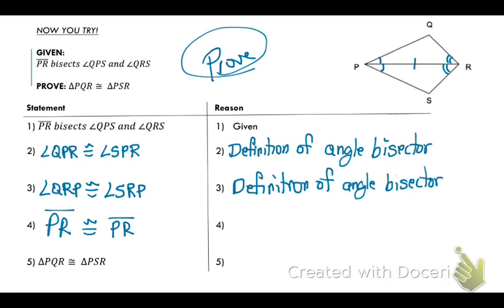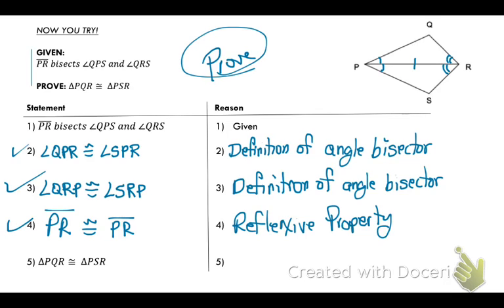And then lastly, of course, I'm going to say that side PR is congruent to side PR because of the reflexive property. Once I've said these three things, this angle, the included side, and this angle, then I can say that triangle PQR is congruent to triangle PSR